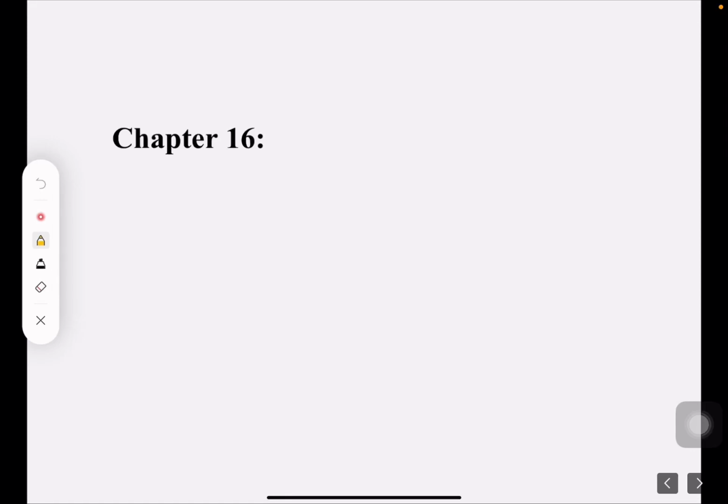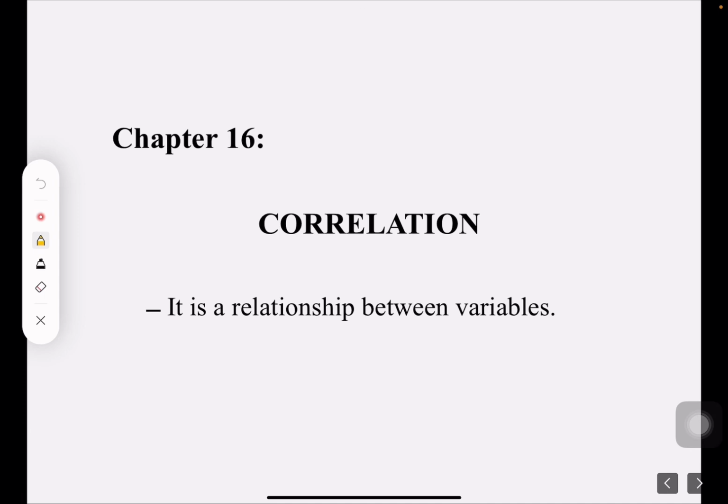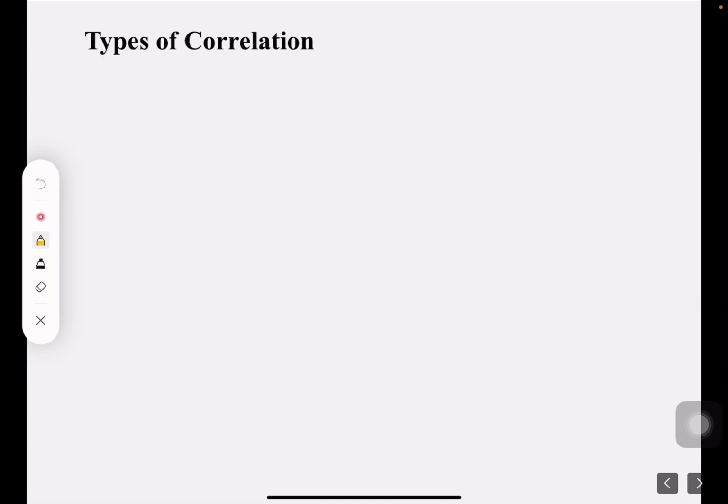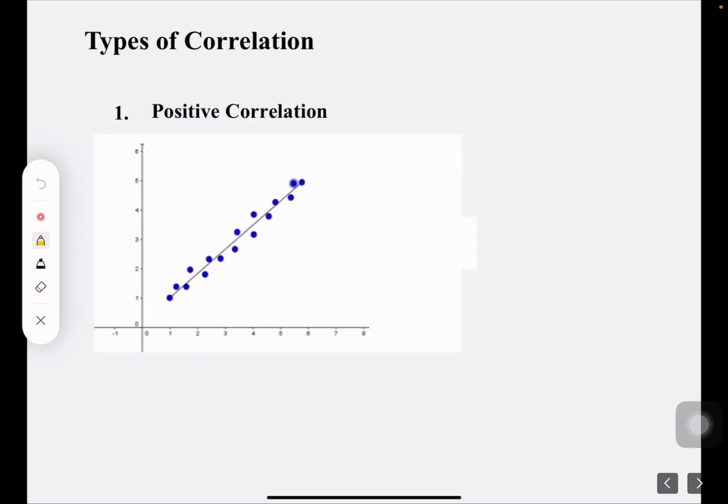Today you are going to learn about correlation. Correlation is a relationship between variables. Now we have different types of correlation, and if I begin with number one, positive correlation, as you can see